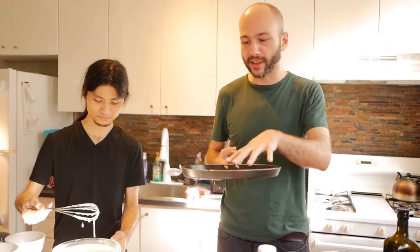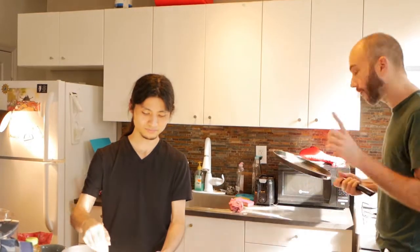To make the crepes a bit smaller, I have a very not traditional way of spreading the dough on the pan. You will see it later. But basically the best thing is if you have a smaller pan and you can just do like that. Okay. But so first step